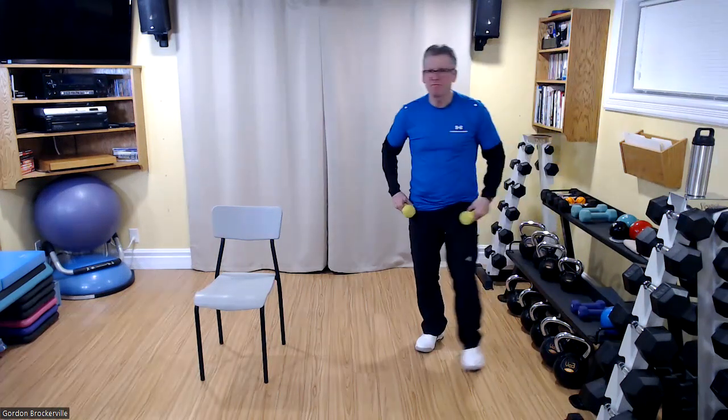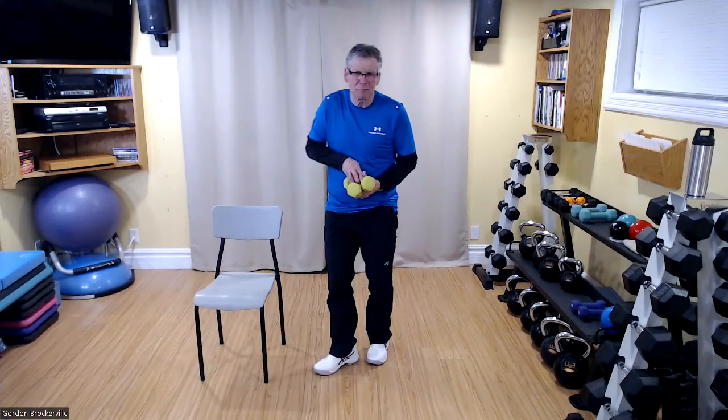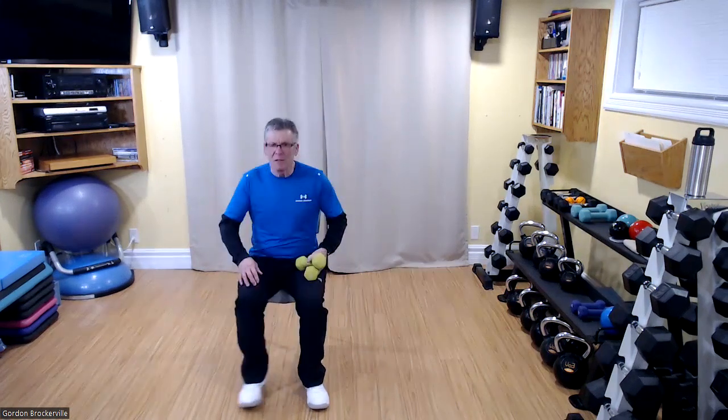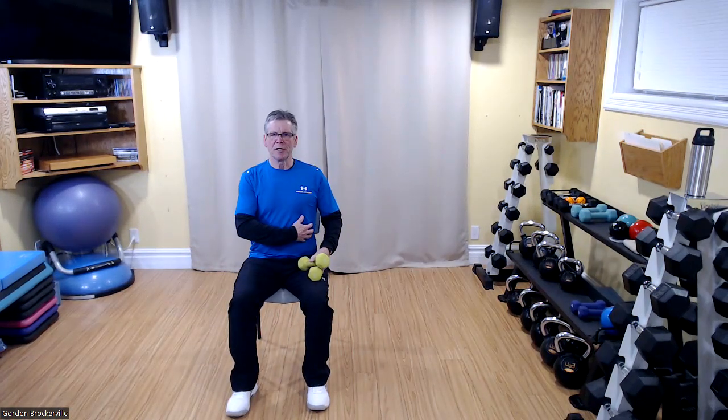Grab your weights again. Pick up your weights. I use the word grab. We're going to be seated. I want to re-emphasize: take your back away from the chair and then engage your core. What's the core? The core is the muscles in front, the abs, the obliques, lower muscles in your back, even your gluteus maximus, the muscle that you're sitting on, and muscles deep inside your stomach cavity, all part